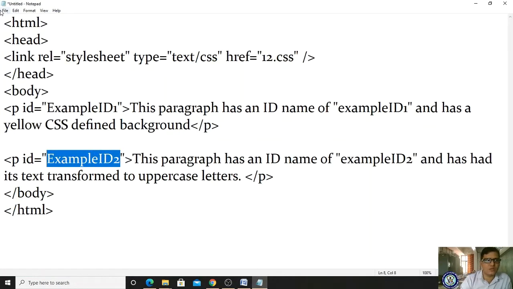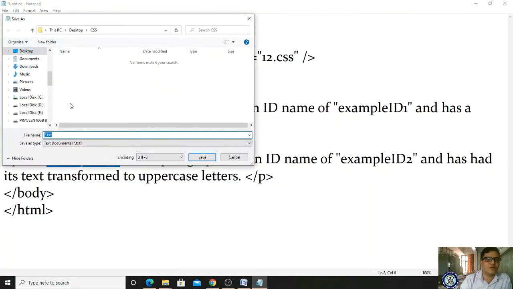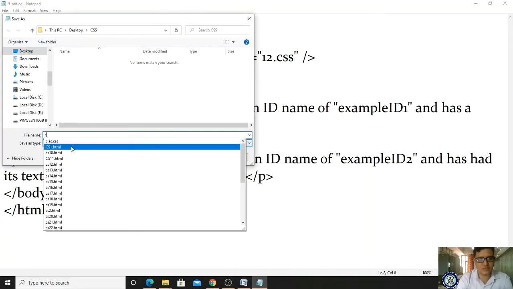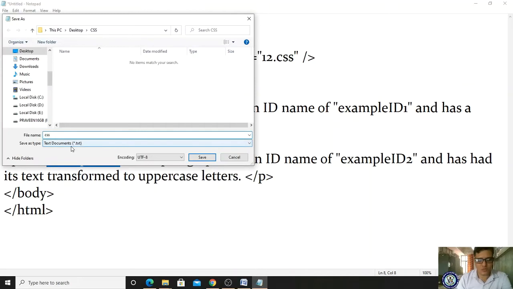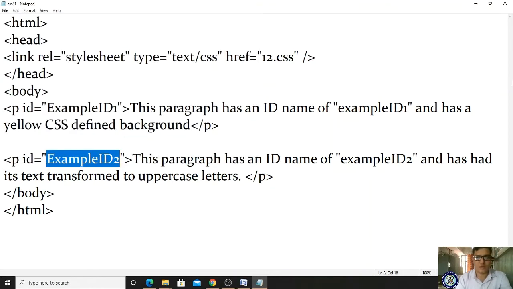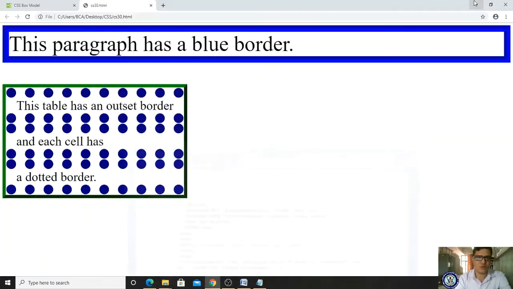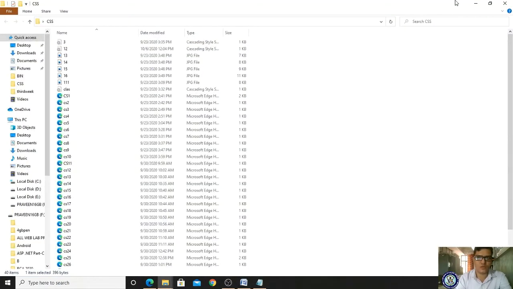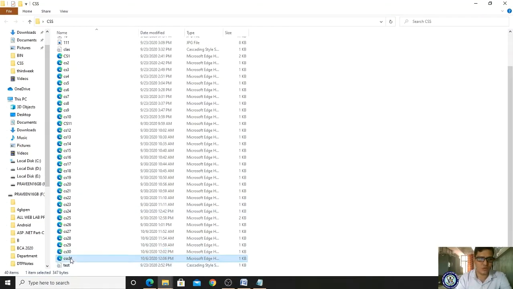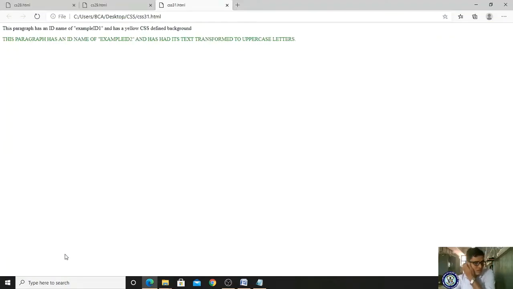Now let me save it, save as css31.html. Yes, let me check. If it does not work, we have to see why it has not worked. 31, right? So 31, it is not taken. Why?